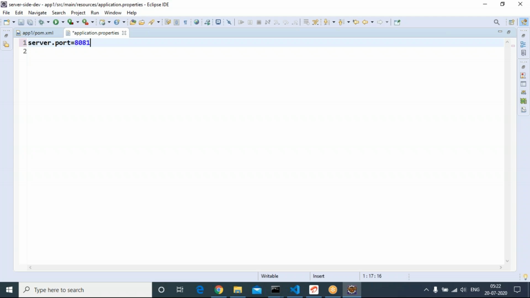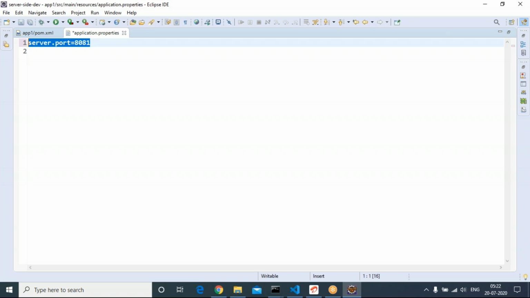If you are not setting a port number, by default, it will be considering 8080. 8080 is a default for most of the HTTP based applications. Don't choose the same again. 8080, you can change it. If you are not keeping this line, default port number will be 8080.